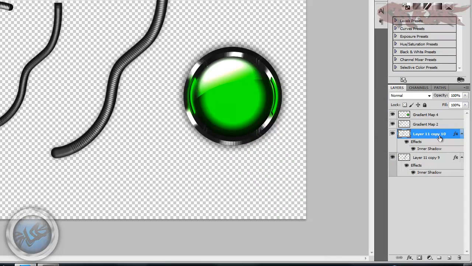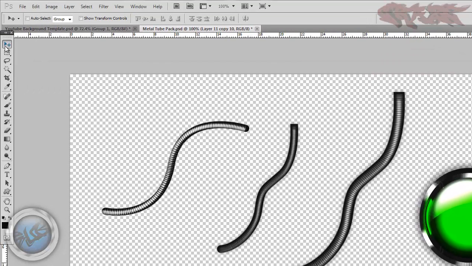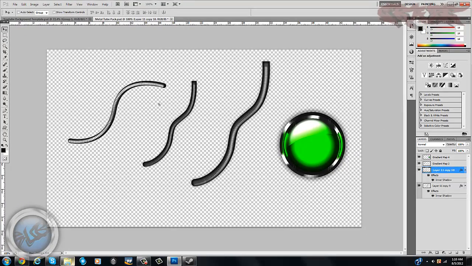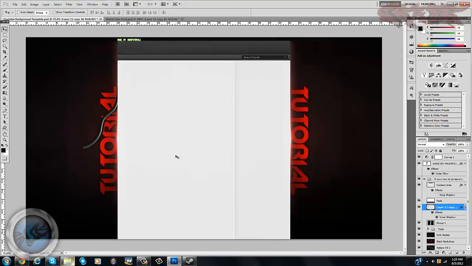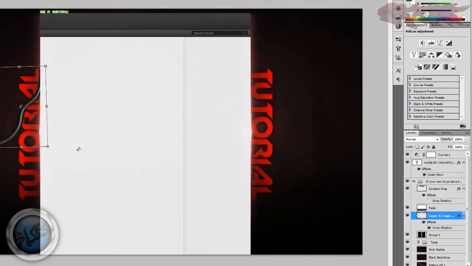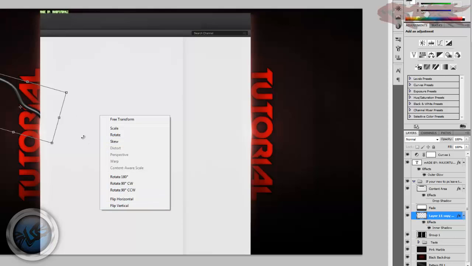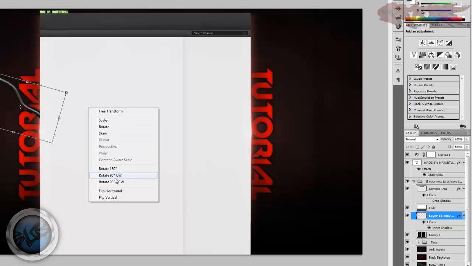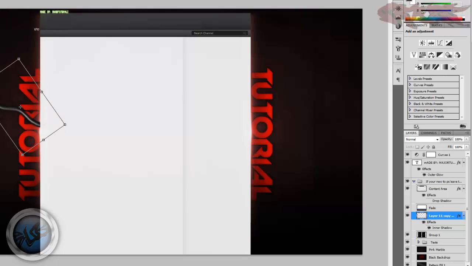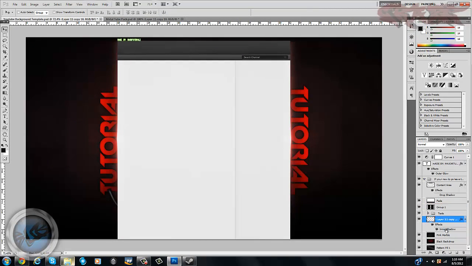So in order, click on the layer you want, and then get your move tool by pressing V, or you could just click it right here and just drag it up into your YouTube background template. And then I'm gonna flip this around, and to rotate something however much you want, click outside of your transform tool, and then right click, and I'm gonna click flip horizontal, and that looks good right there. So I'm gonna put this below. I'm gonna put that like right here, and then click enter, and I'm gonna drag it below my text layer,